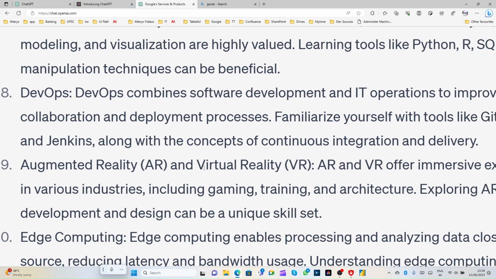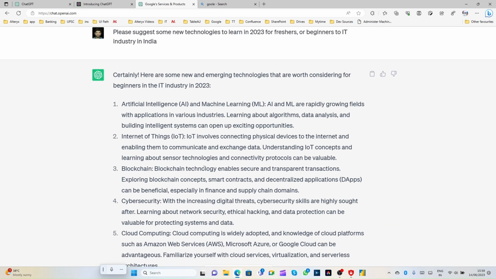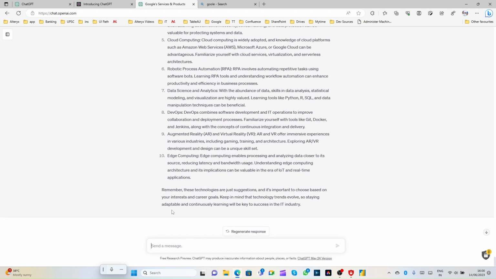This is very interesting. You can go through this information on ChatGPT, or just Google it. Whatever technology you feel comfortable with, that feels very easy for you, you can go for it. Just give it a try. One more thing: